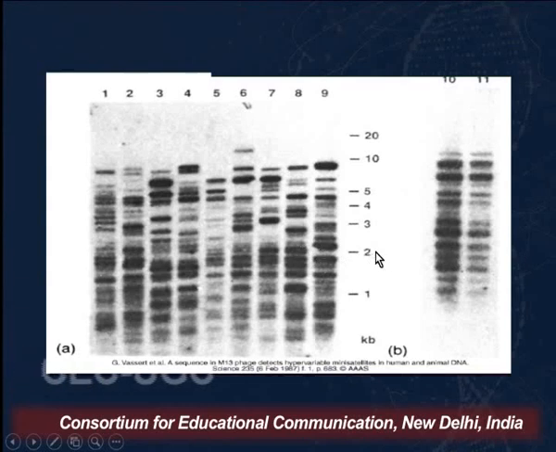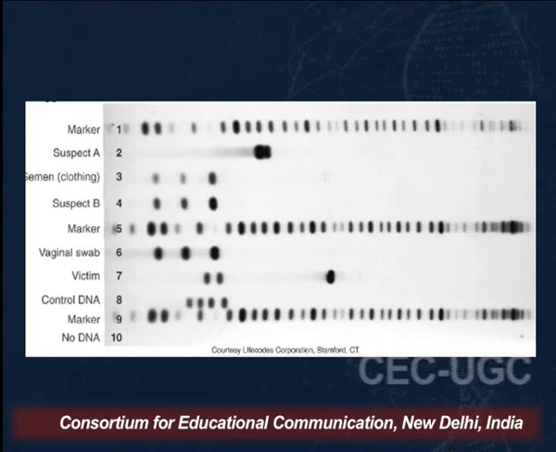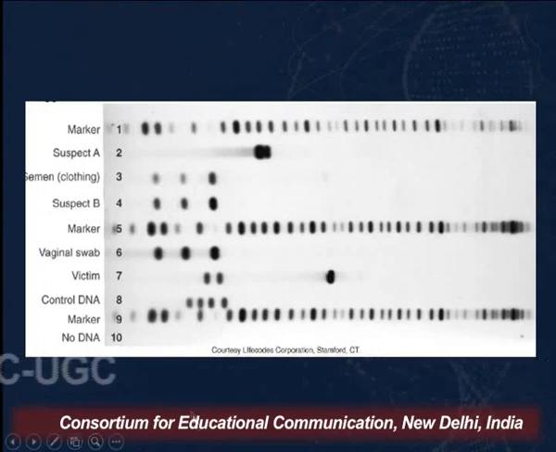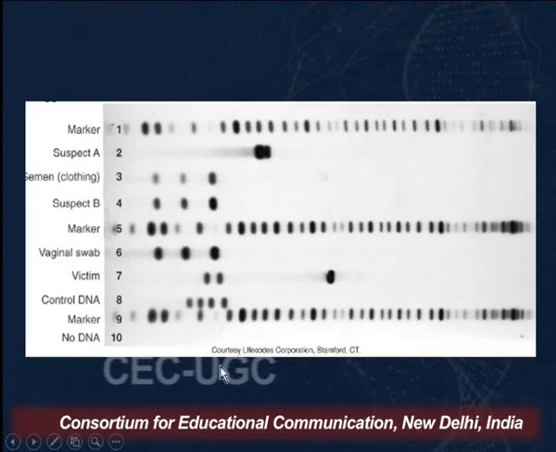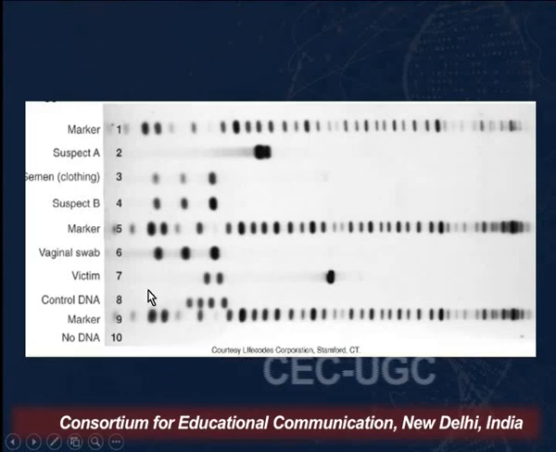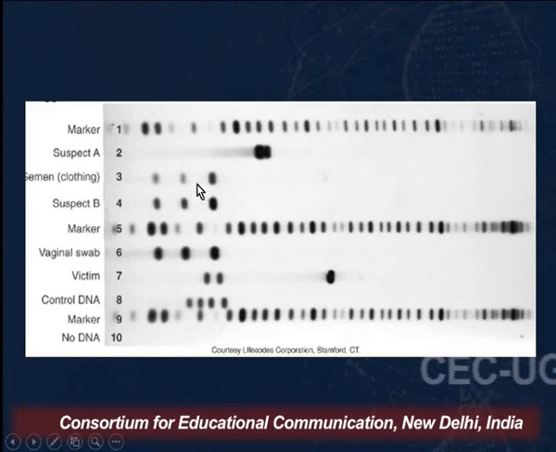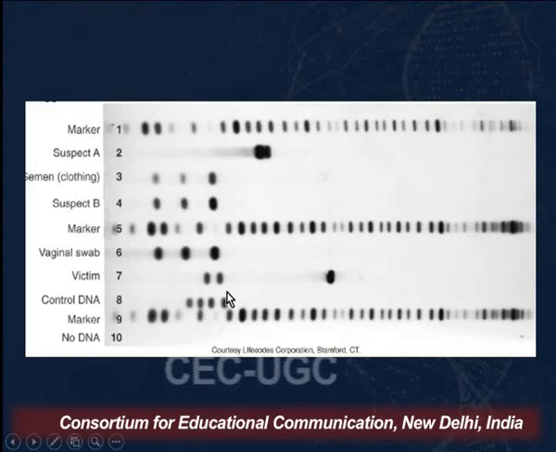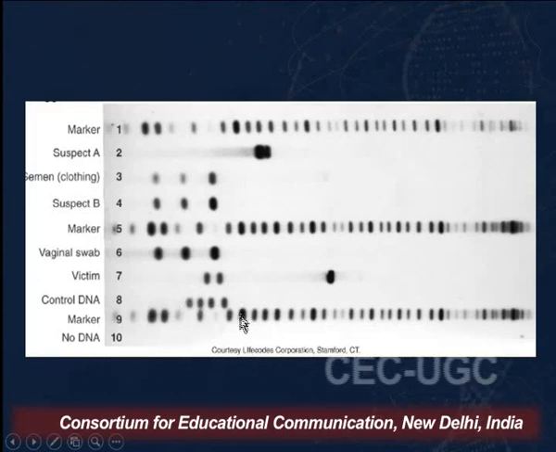It can be used for identity typing as well. So this is how the results come in. This is another example which is telling you again about the forensics, how it is used for forensics. You can see these are some of the samples that they have obtained, and this is the DNA they have isolated from the suspects, and from the victim, and then they have run it